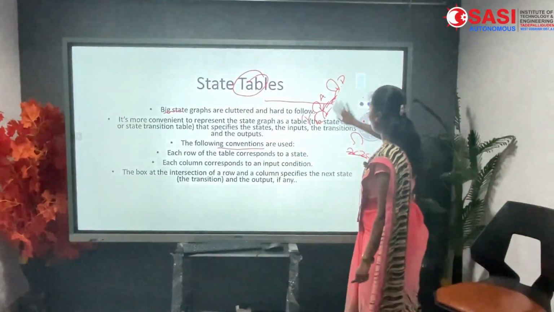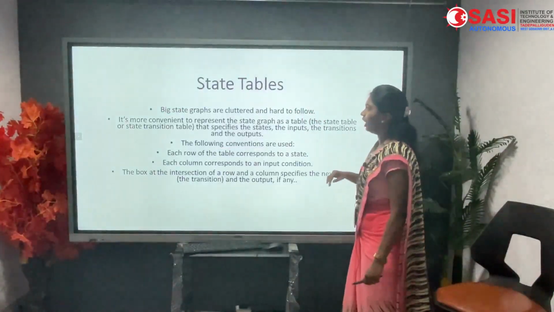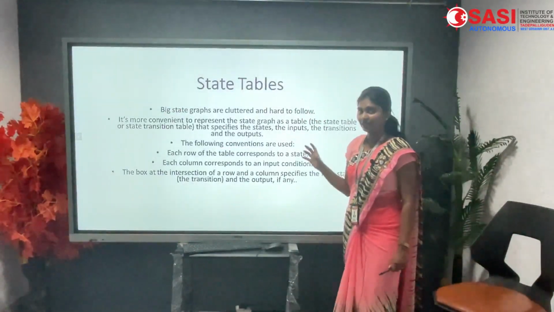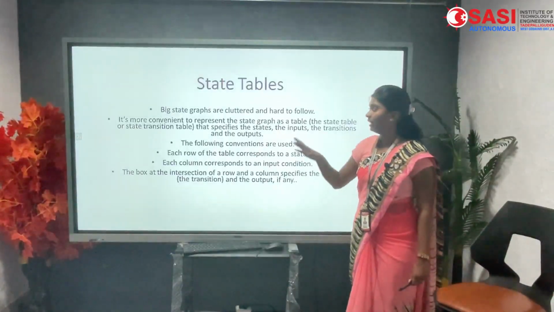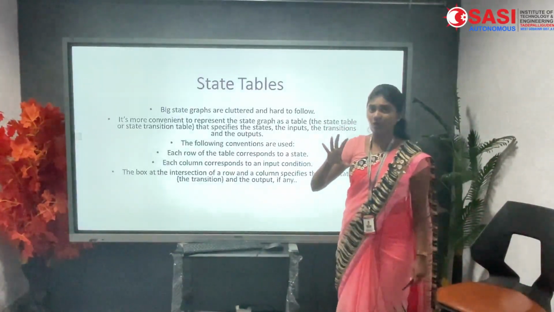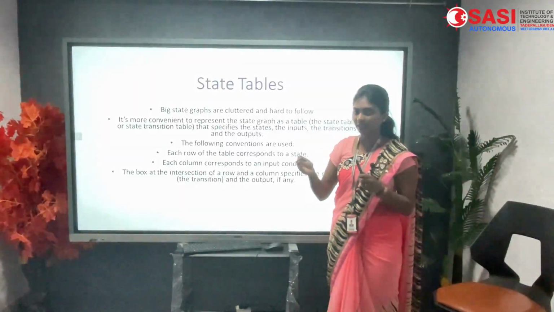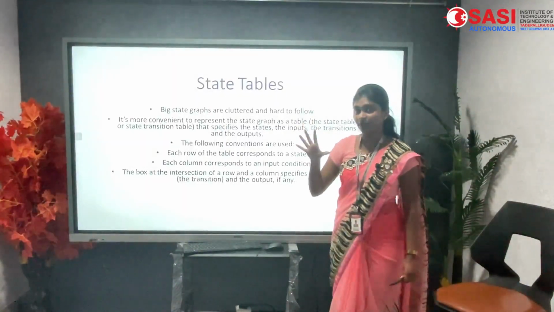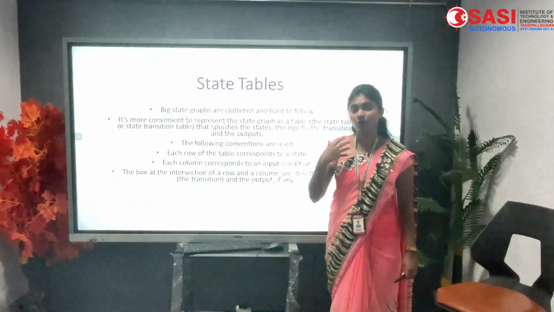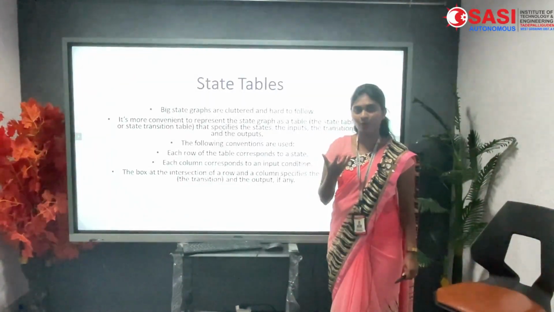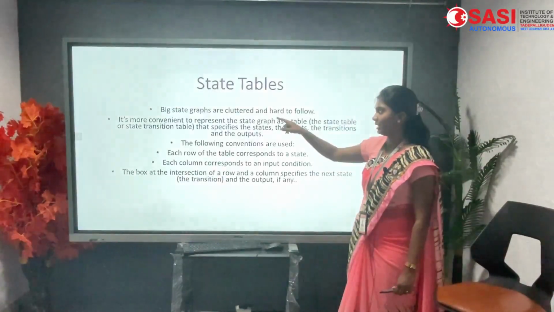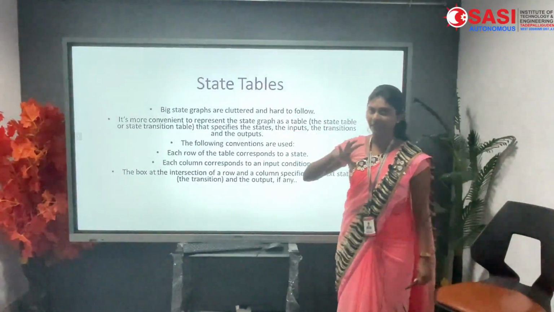Next we will define how we are following the state graph. When we have a big state graph, we follow two types: small table format and big table format. But a state graph can also solve multiple clustering problems. So it is a big state graph which is clustered and identified.